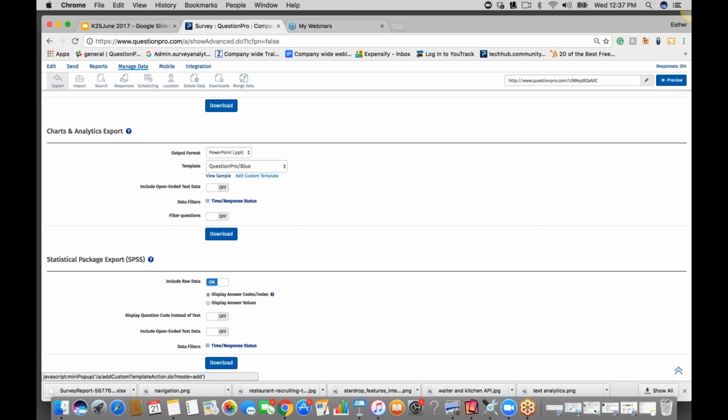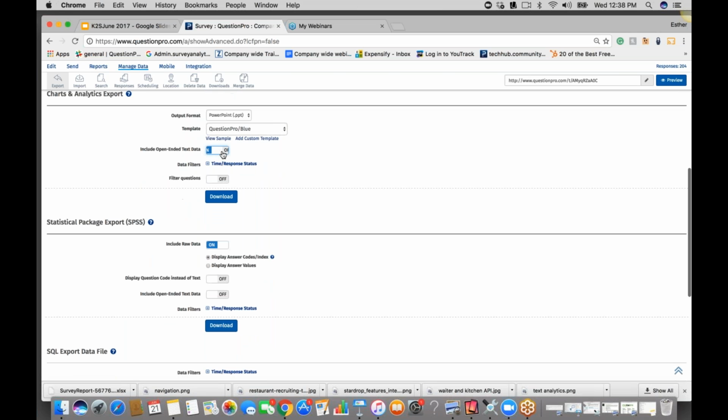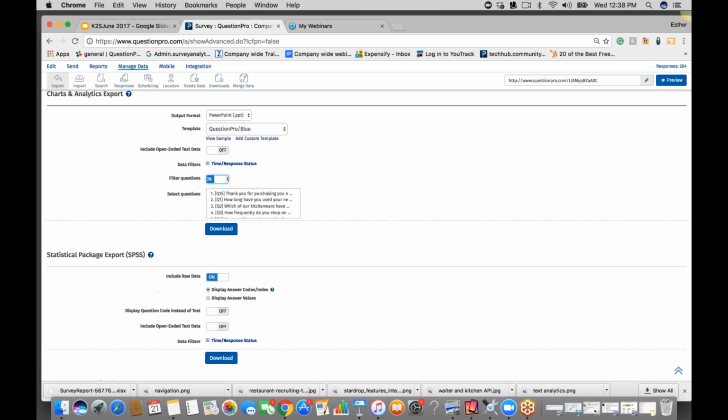So if you have a particular branding look and feel for slides and presentations that your marketing team has put on all of the departments and divisions to follow, you can upload that PPT, and that will be where the information will be downloaded into. You can also include open-ended text or not, filter accordingly, and then also